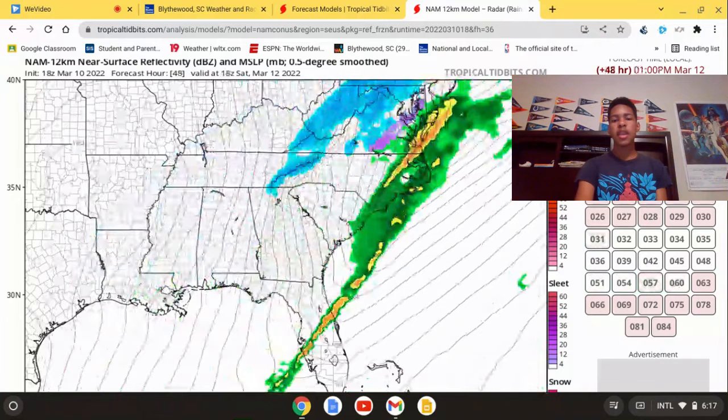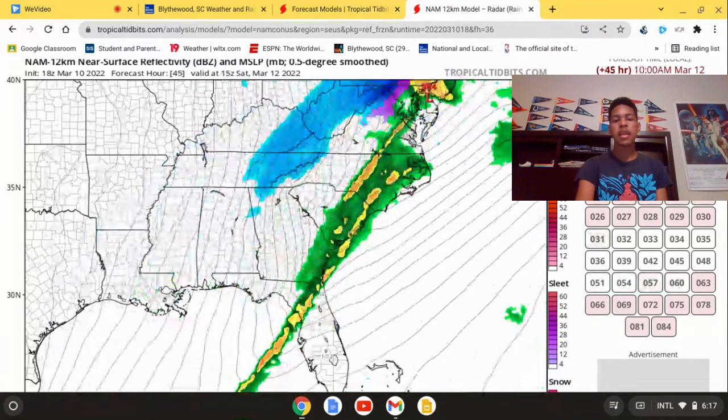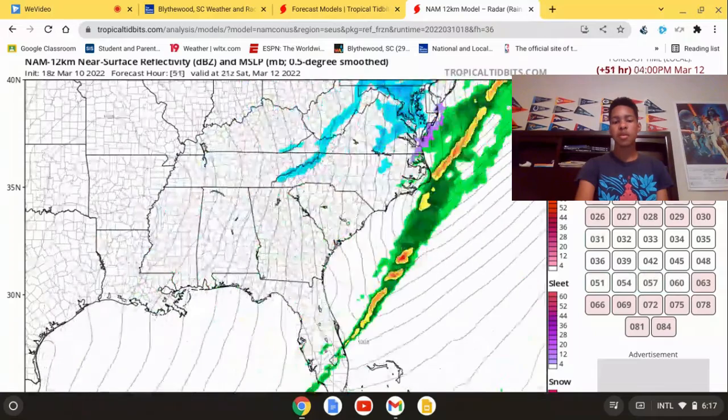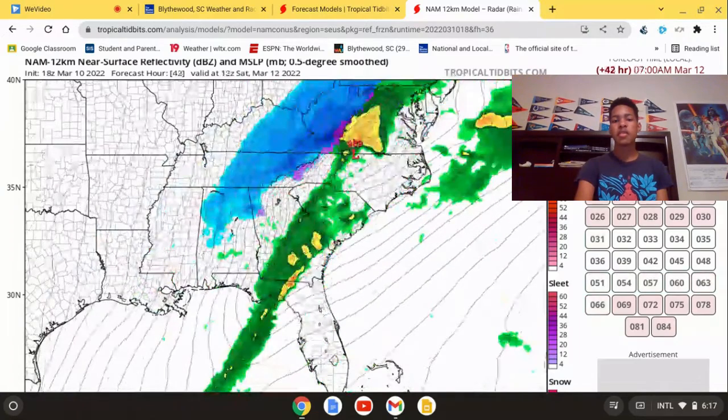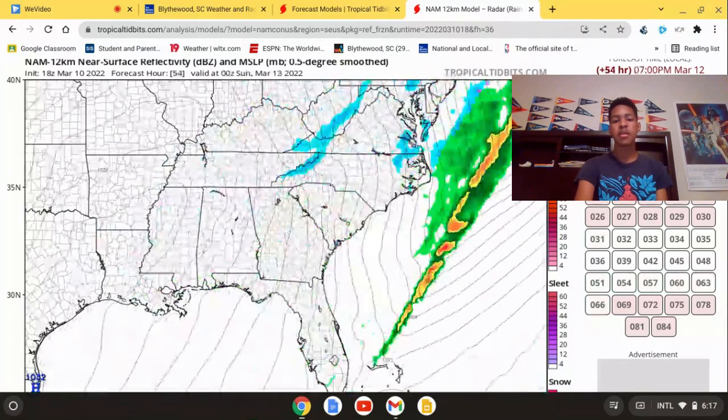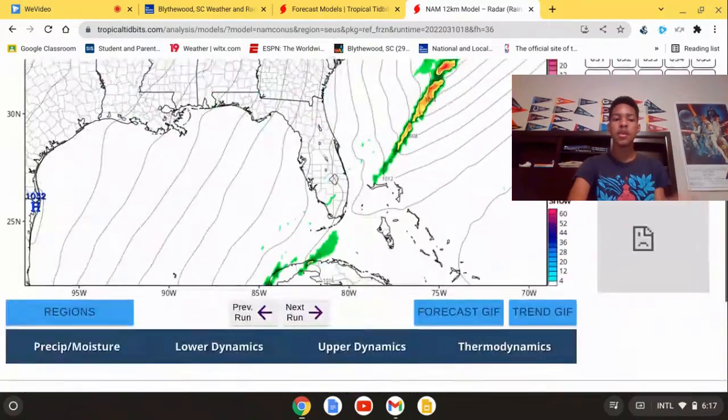Places like Atlanta, on the NAM, it doesn't seem like the Atlanta metro area will get much snow. Maybe some novelty snowflakes, but it doesn't look like that. But you can see this cold front moving through, so we might have some storms on Saturday that will impact a good portion of the southeast, and then this will move into the northeast.